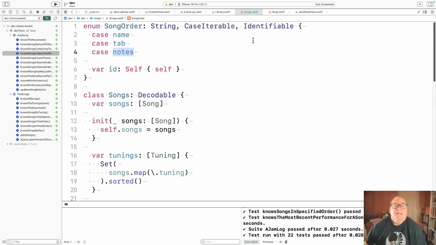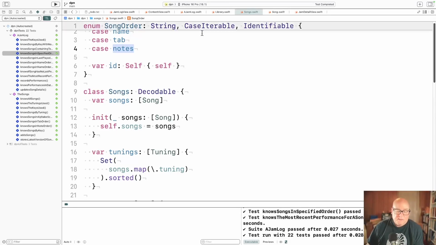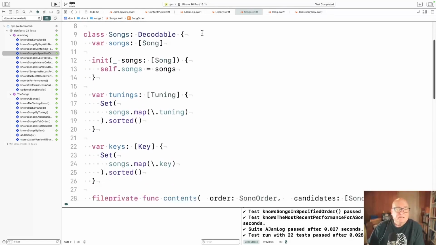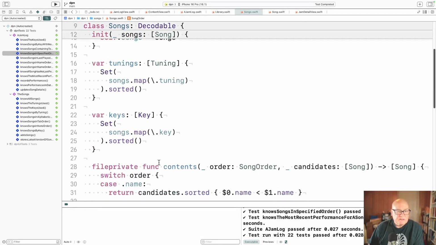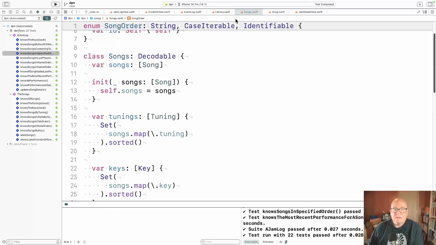Now, what am I solving, I guess? The way it is now, we have to manually manage the contents, the performances.